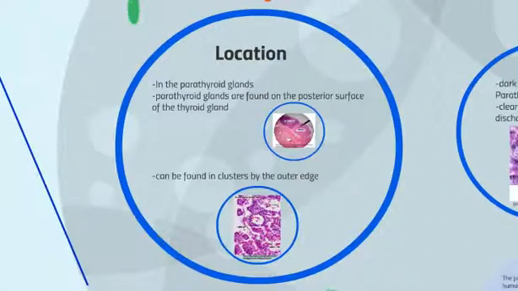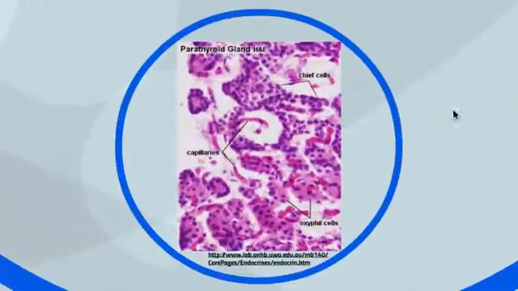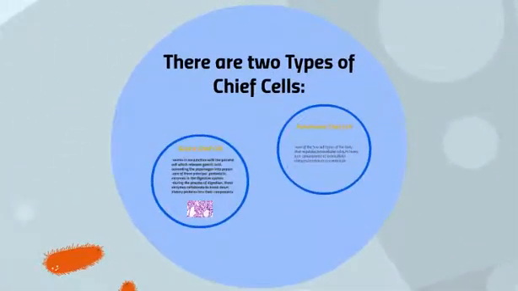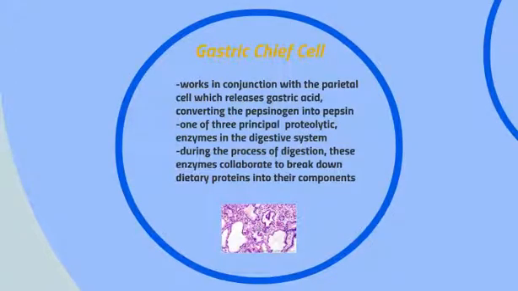Chief cells can be found in clusters by the outer edge. Here you can see the clusters of chief cells. There are two types of chief cells: gastric chief cells